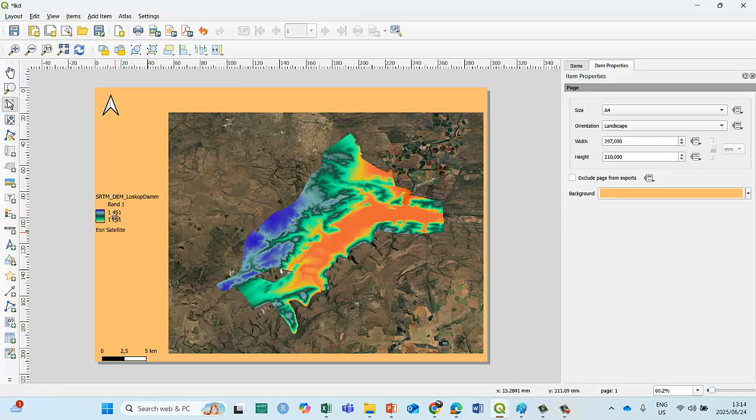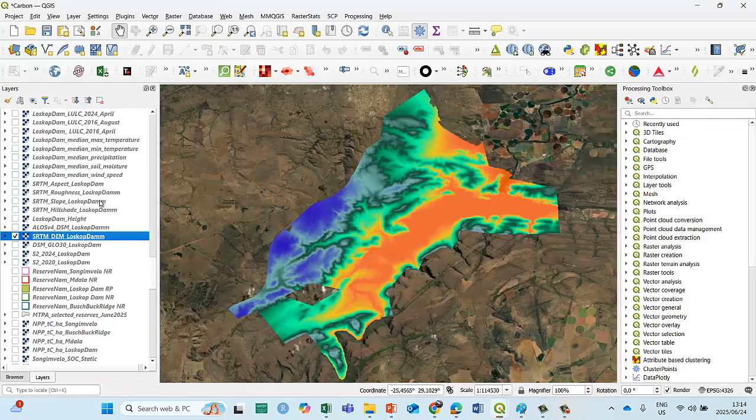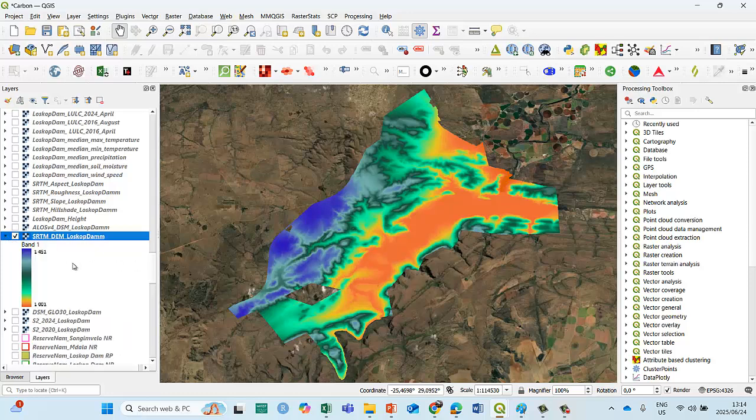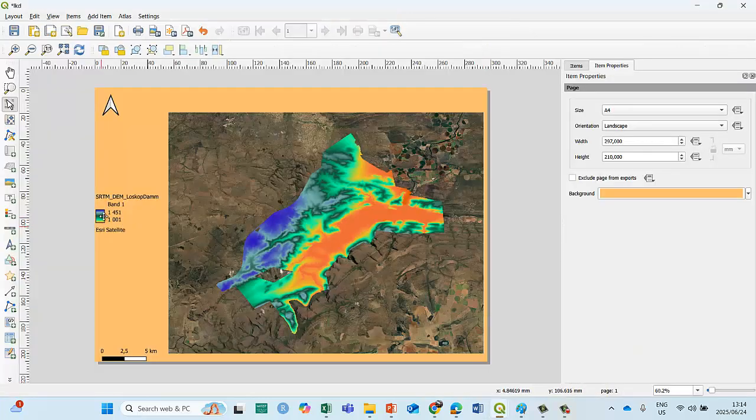Okay, so now you see the other problem that I have is, there's not enough spacing. If you look at the image in Earth Engine, you can see there's lots of space. You can see the different colors. You can get an idea of the values of each color. Whereas here, you don't see that. So if you look at the light blue, okay, there's light blue here, but with these colors here, it's difficult to get the scale of it. So I want to make this a bit bigger.